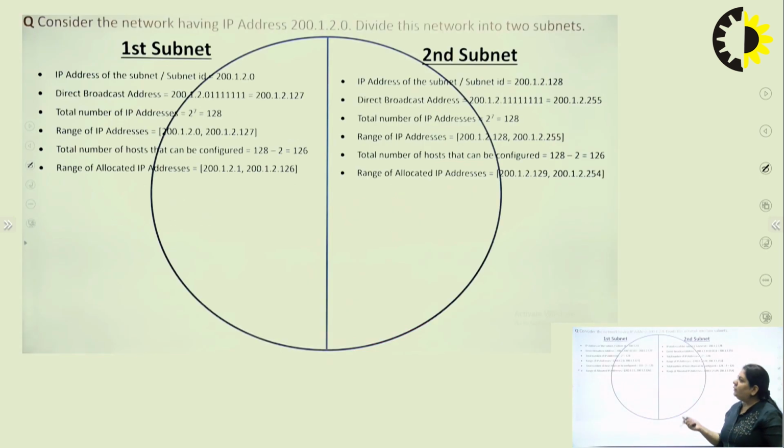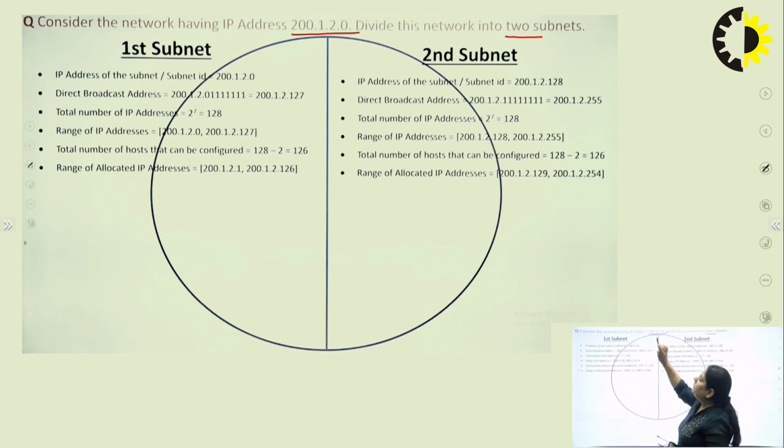Now how can we do subnetting? See this. Consider the network having IP address 200.1.2.0. Divide this network into two subnets. You have to perform fixed length subnetting here, and divide this network into two equal subnets. How can we do this? First of all, consider the IP address first. Your IP address is